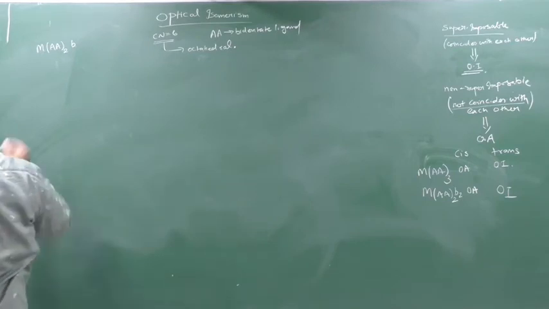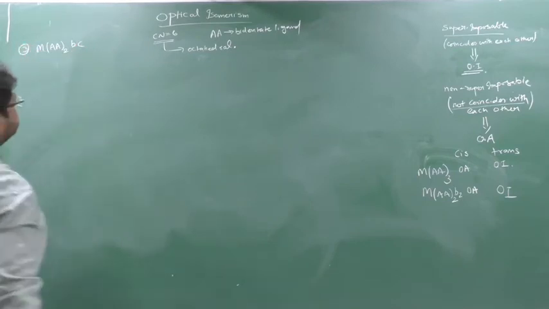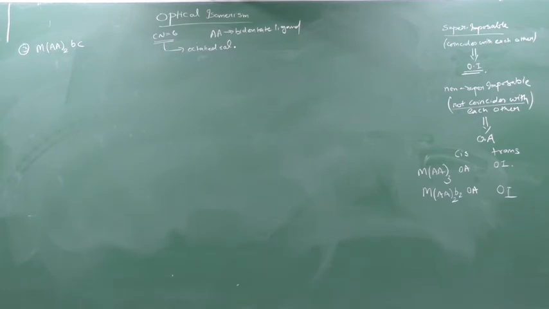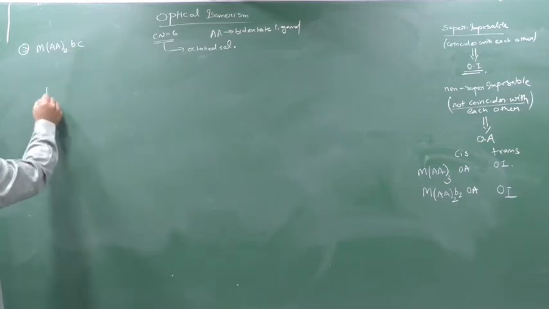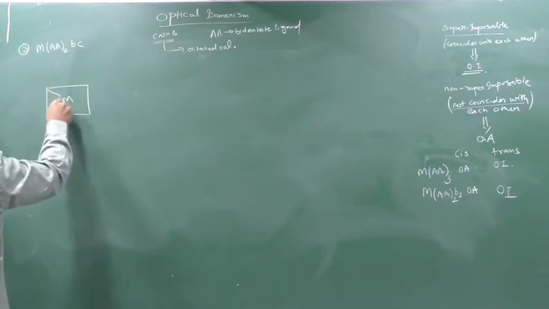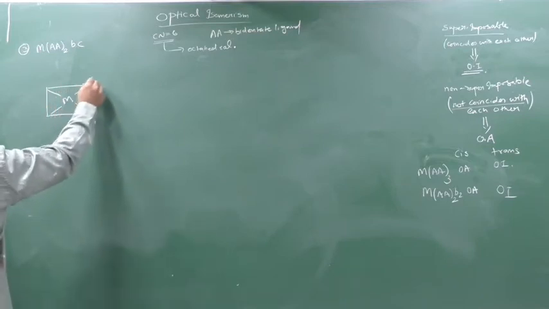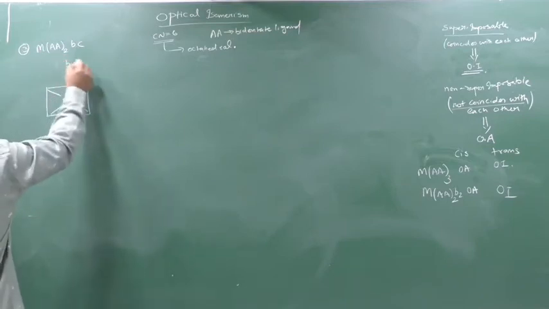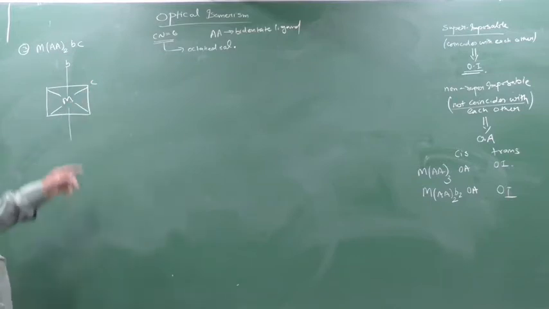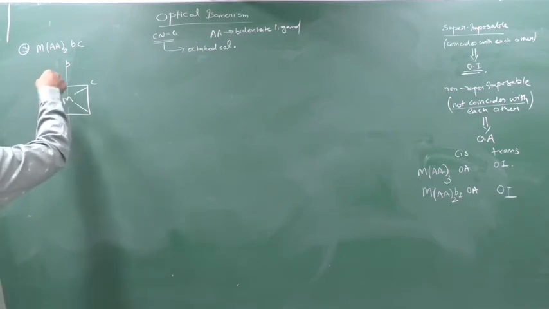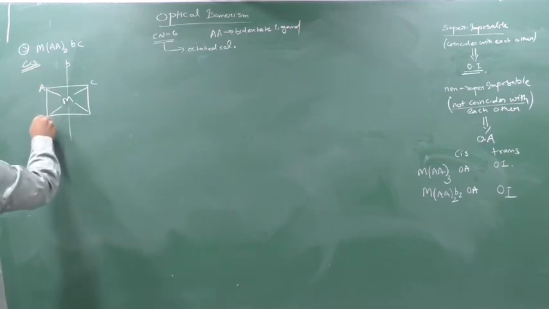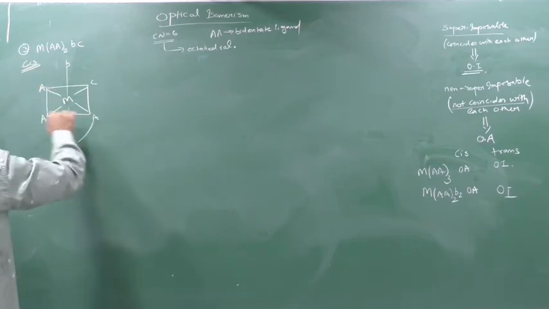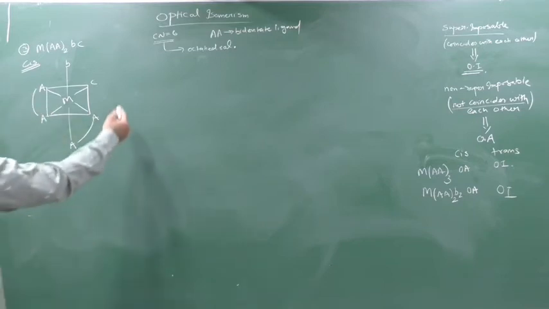Third, that is MAA2BC. Okay, make a heading MAA2BC. See here, again coordination number 6. 2 2s are 4, 5, 6. So here M. If you take B and C at 90 degrees, or you can take B and C anywhere. I am doing the C's position first. So AA, and here also AA. See here, these all are at a 90 position. Clear? Create an image.